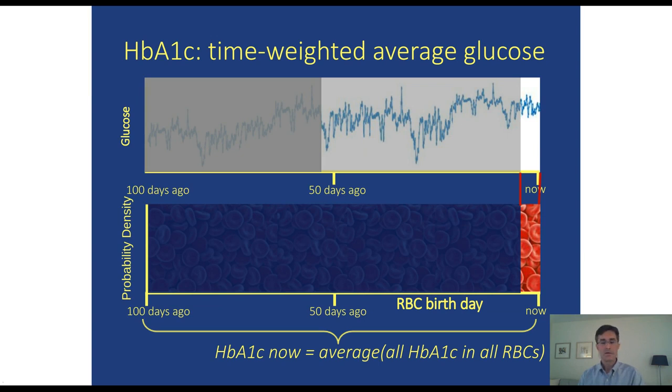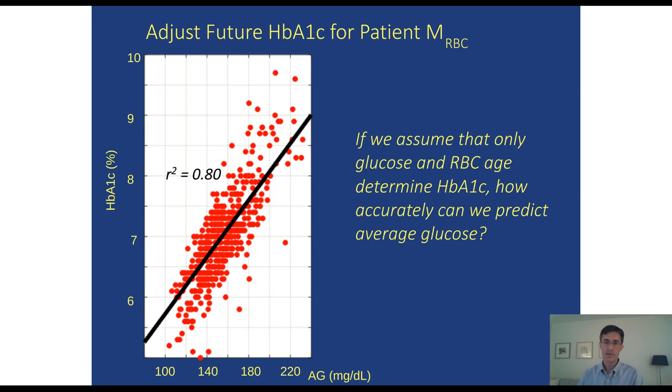So given this approach to studying A1c in single red cells, and then integrating the effect of the single red cell A1c over the full population, we can then predict the A1c for an individual if we have an estimate of that person's mean red cell age and we measure the glucose. I won't go into the details of how that's done right now, but I will show you an example of